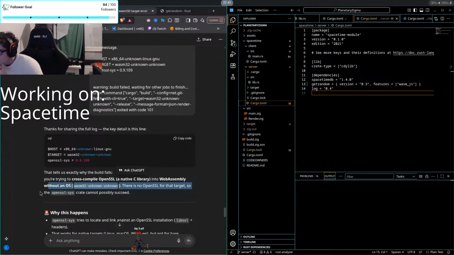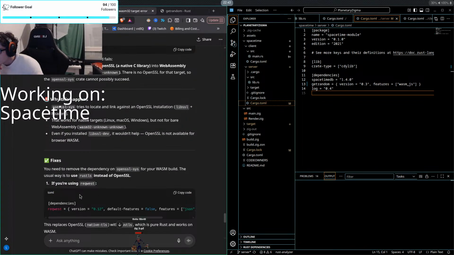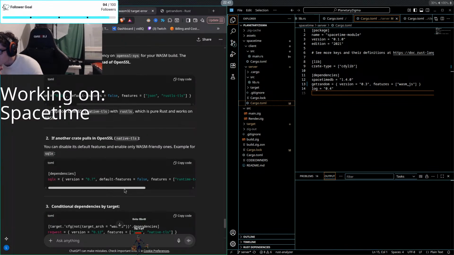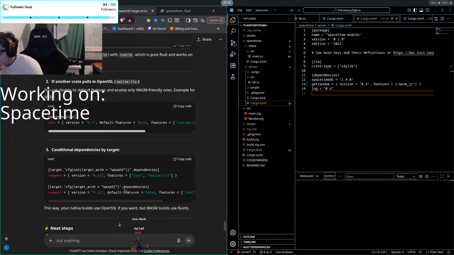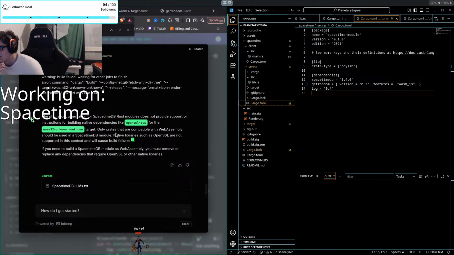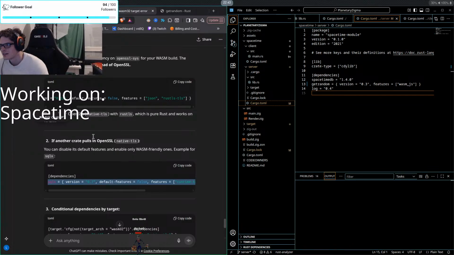Why does this happen? OpenSSL blah blah blah. Fix. I really don't want to just add some weird random stuff to it. Oh my god, please tell me there's a better way than just adding these things. I really don't like that. I have no idea what this does. Should I just take it like that? Oops, wrong one. This one.